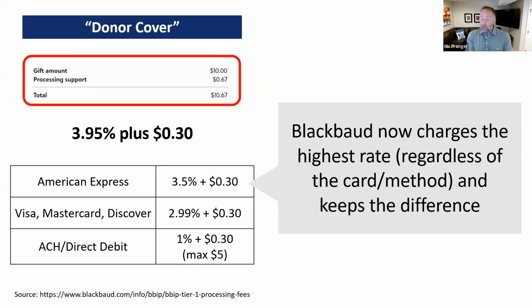It was a very condescending message, which was great news, everybody. We're going to make it so much simpler. You don't have to do math anymore. And what they were announcing was, we are going to charge a higher rate and we are going to keep more money. But it was presented in a way that was very condescending to a lot of customers. I know that because my email blew up and I still get messages about it today, right? People are like, I can't believe. And I think it was less about what they were charging because, to be honest, Blackbaud's not that far off